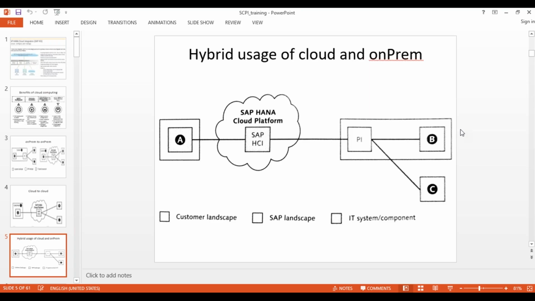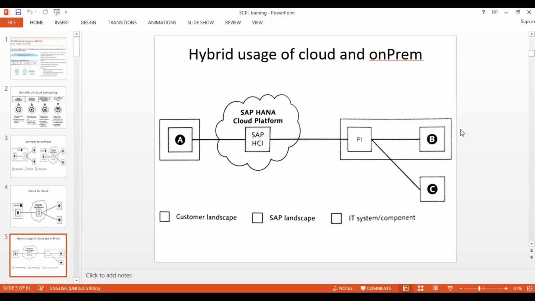In this case, the cloud system goes through CPI, then connects to the PI which works at the on-premise level. The PI system will work like a pass-on communication. It doesn't have any integration content or process-oriented things configured in PI. Rather, it works like a tunnel, passing on the communication from the cloud to the on-premise.